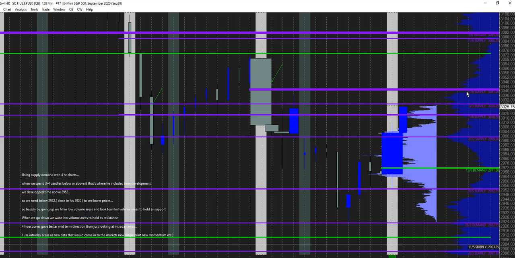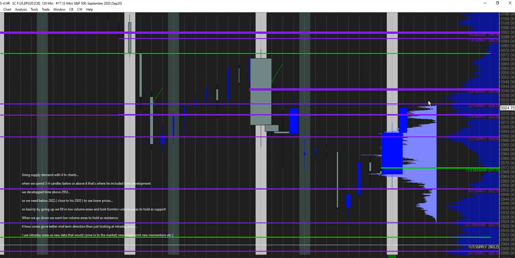I'm suspecting that this market will at least auction here. We'll have a two-way auction, good rotations for at least 1, 2, 3 candles. That's 4-hour charts again. So at least for another 10 to 12 hours, once we get here, we'll have good auctions. And now it's crazy because even previous supply becomes tremendous areas. This 3028 to 3041 is a level where, again, it's 10 points, but if you're playing micros here and you know that these levels are going to have good confluence, you'll have good areas to scalp around a